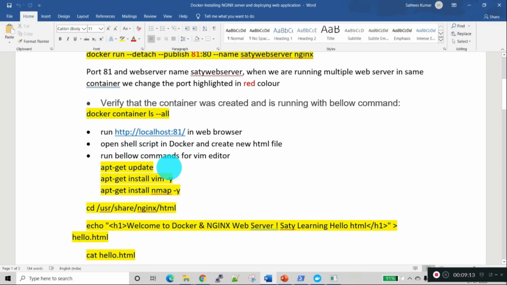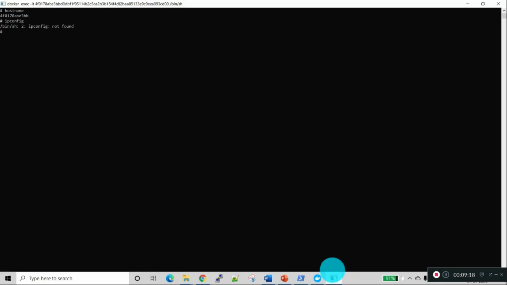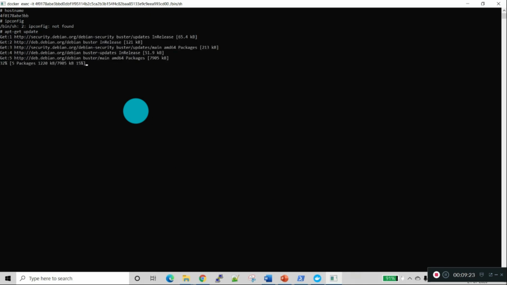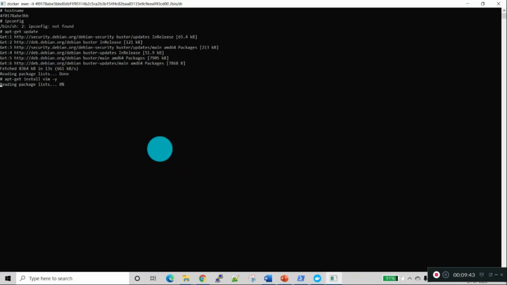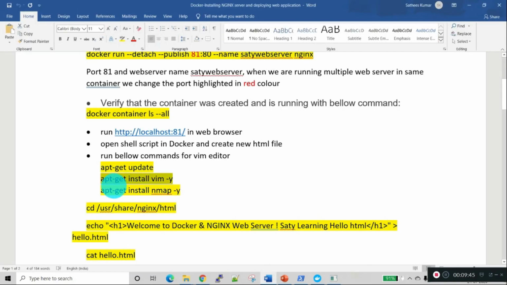Now we need to install the Vim editor in the CLI. Otherwise we can't create files inside the CLI. This is the update command. This is the installation of Vim. Next, this is the command.